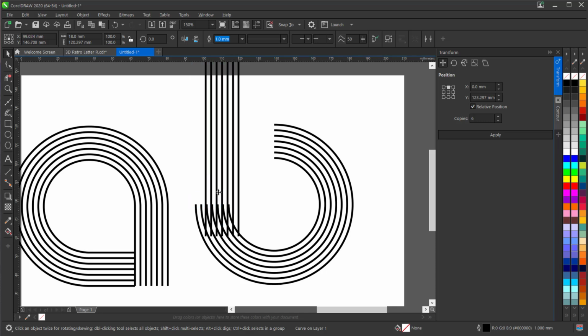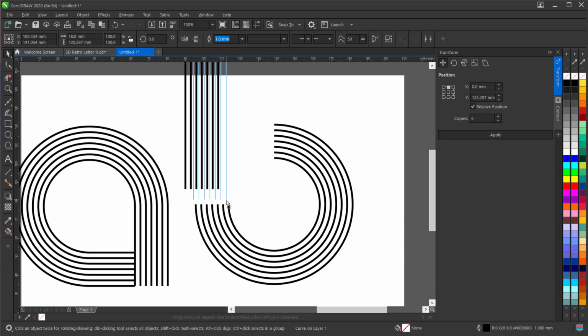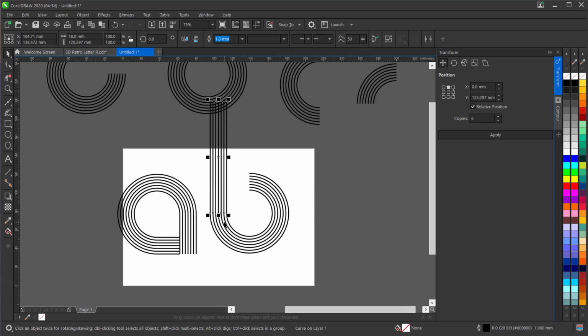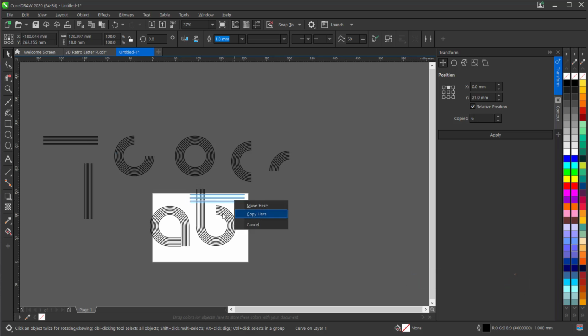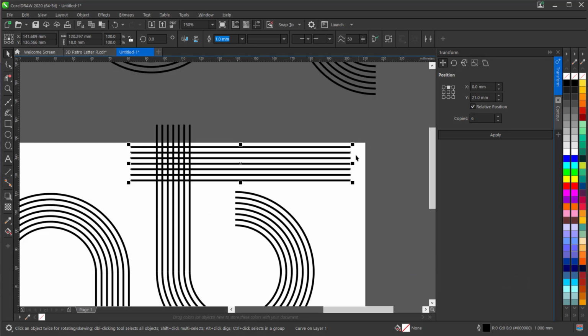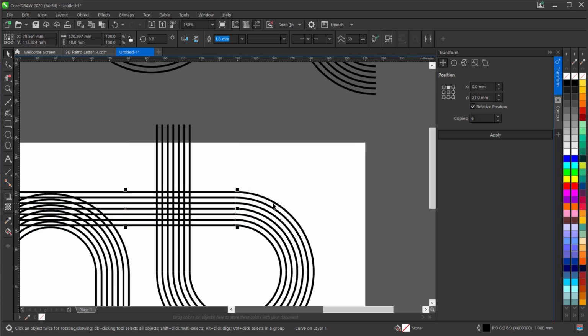So this is how we are creating our letters, but the trick here in making the copies is you right click and you drag. So you can either copy and paste, or you right click and drag. When you get to the point and you release, then you choose copy here.